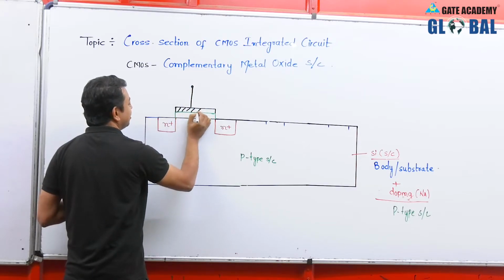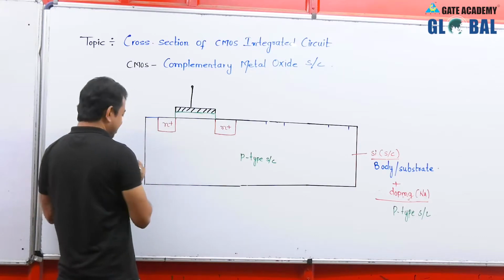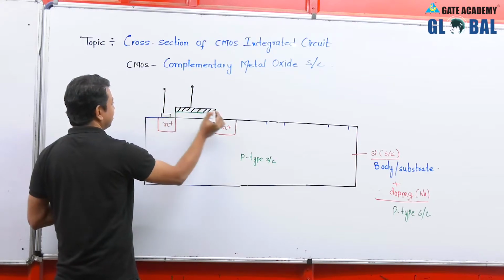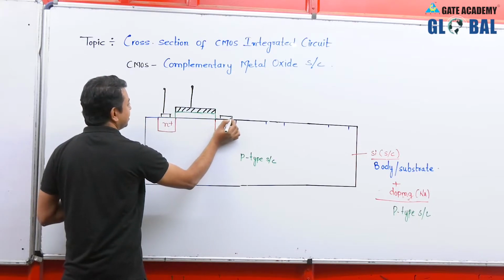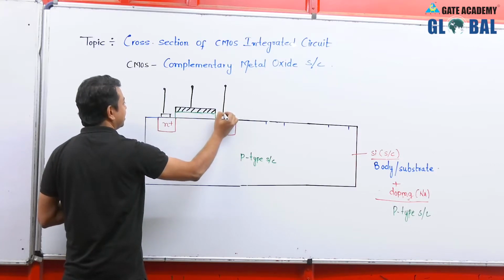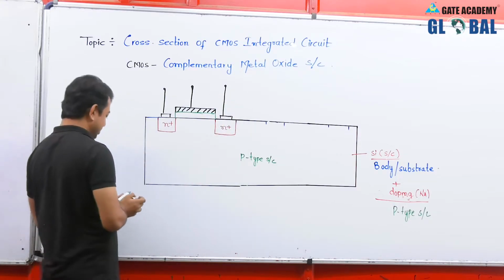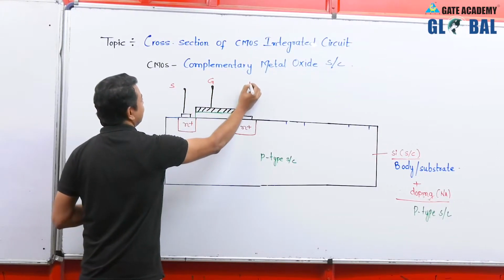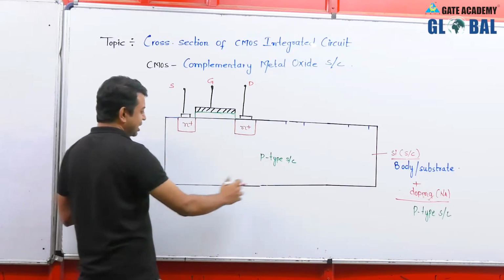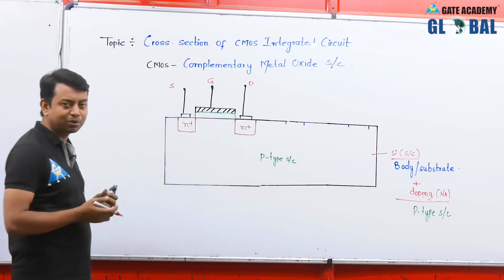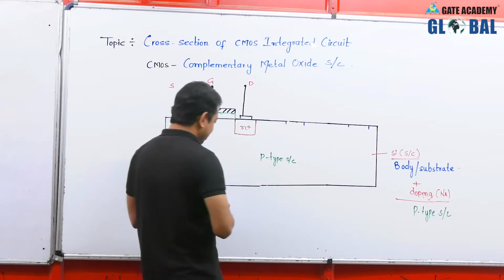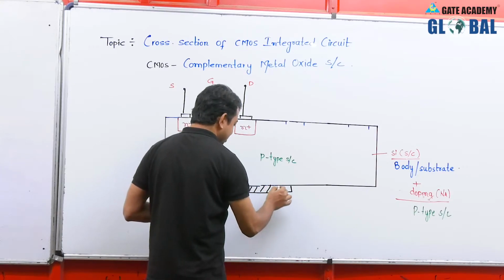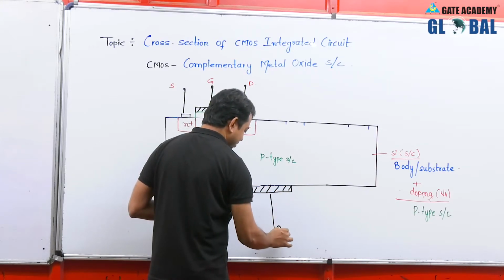And below this one we have silicon, and here also we have a metal deposition, and above this metal deposition we have one terminal, and here also we have a metal deposition, and above this metal deposition we have a terminal. So these three terminals are known as the source terminal, the gate terminal, and the drain terminal. And of course this large structure is the body or body terminal. We are going to see that one also, but right now we have taken this large area. This is the body terminal.